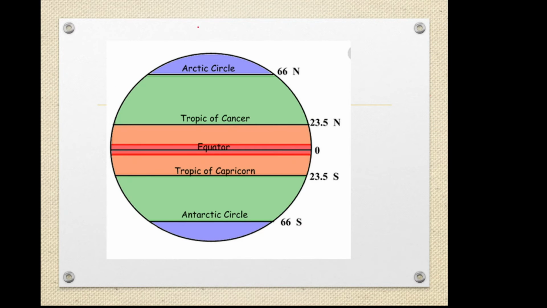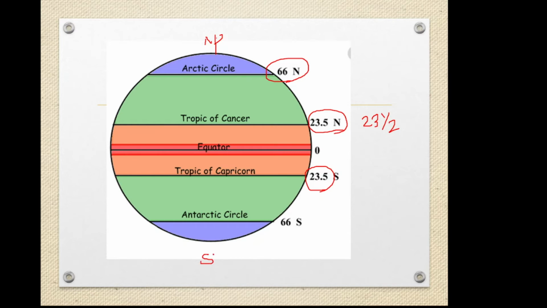From this diagram, you can identify the various heat zones. We studied all this. Here maybe you will get confused why the value is different. Here it is 23.5 and here also 23.5. It is the same thing, half degree, and here also 23.5 degree south. Again here, 66.5 degree north to 66.5 degree south. And finally here you can see the North Pole, and the South Pole.